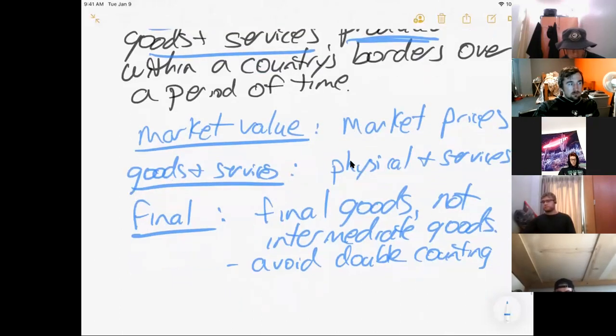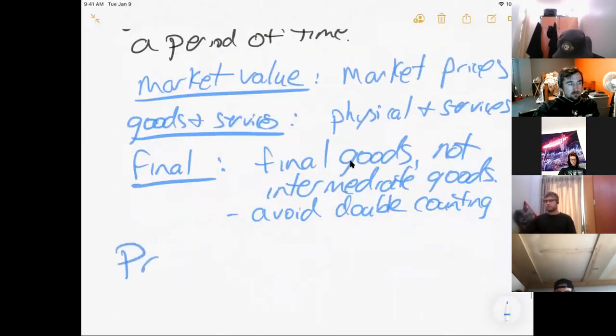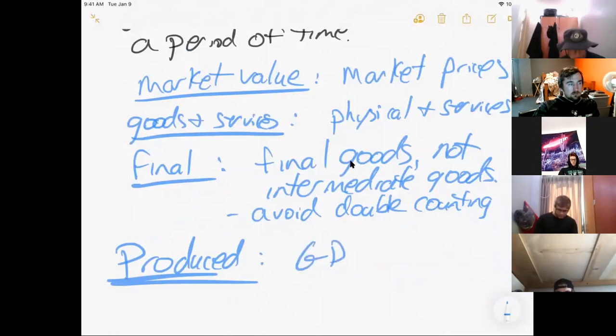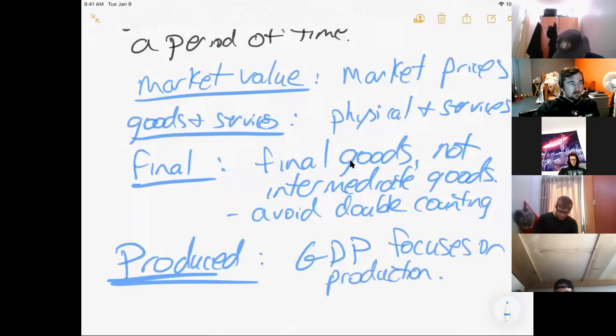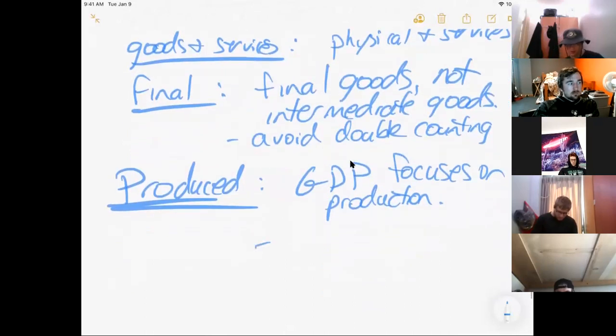The most important word of this whole definition is produced, because GDP focuses on production. If nothing is produced, then it is not included in GDP. So what does this mean? This excludes a lot of things. For instance,